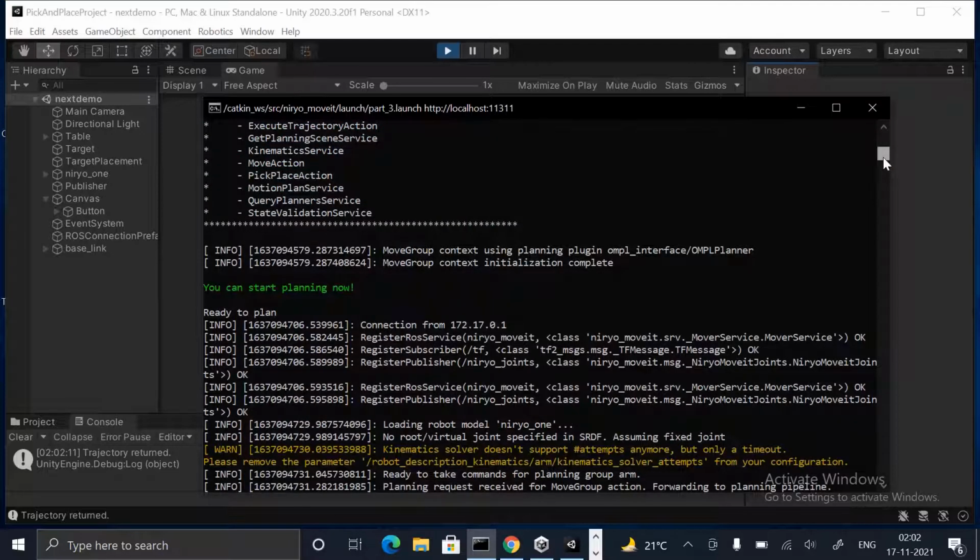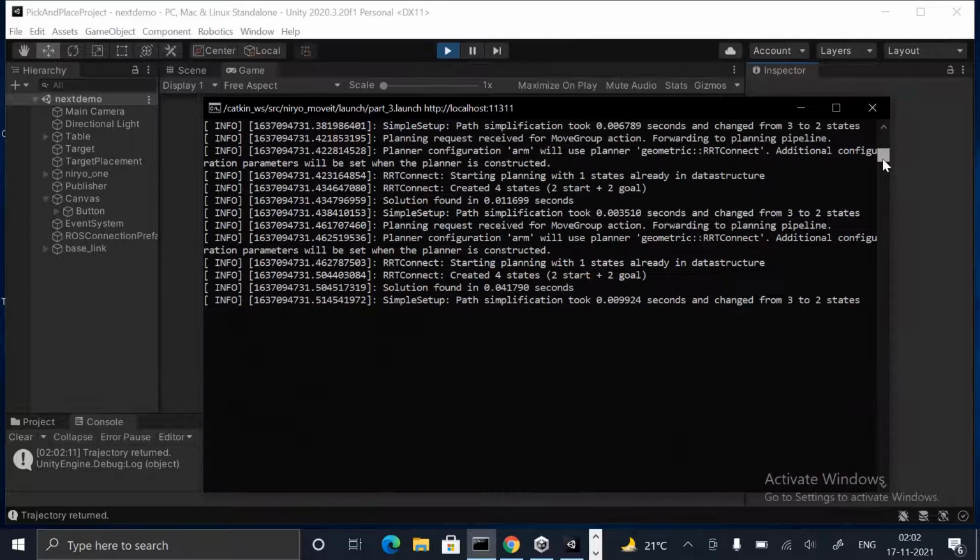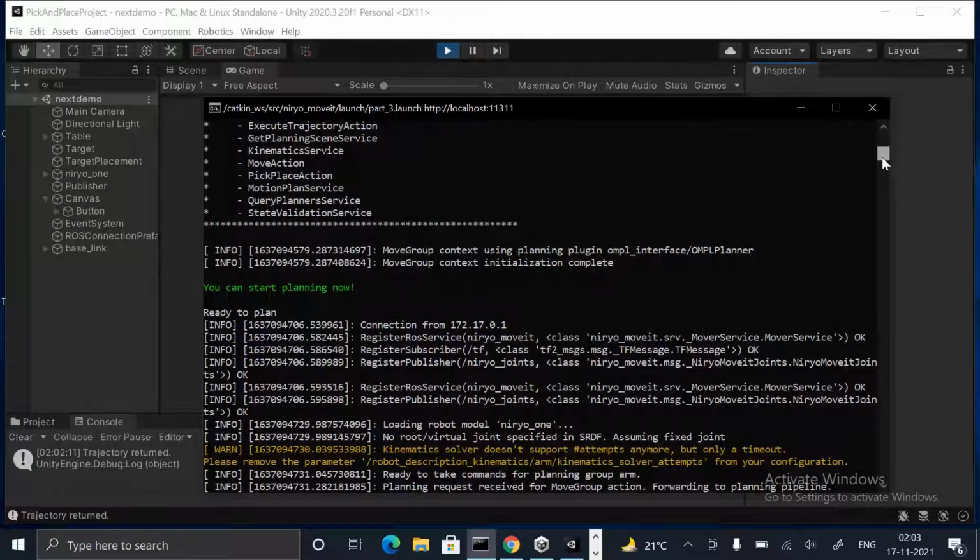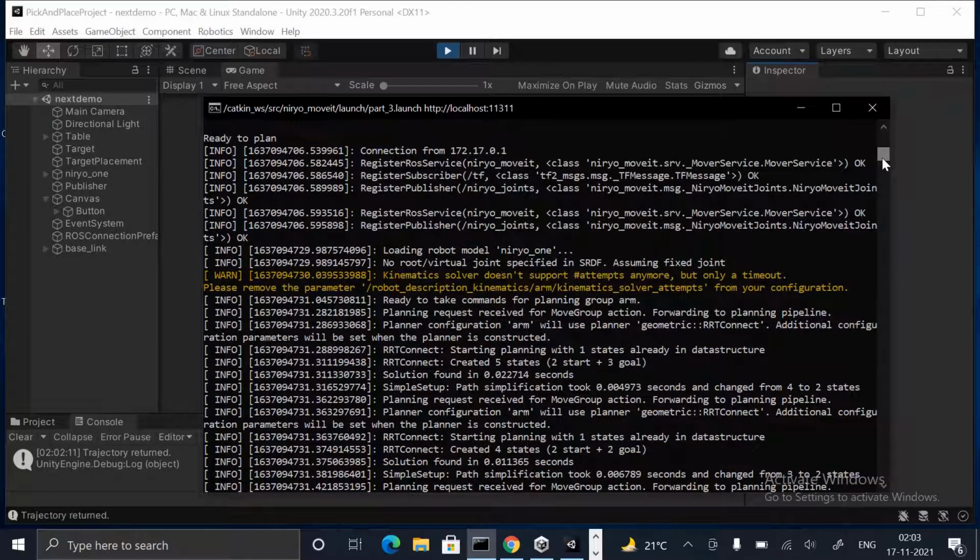So if we just focus, the you can start planning now option is there. After that, our ROS connection has got itself with Unity, and it has done all these steps.